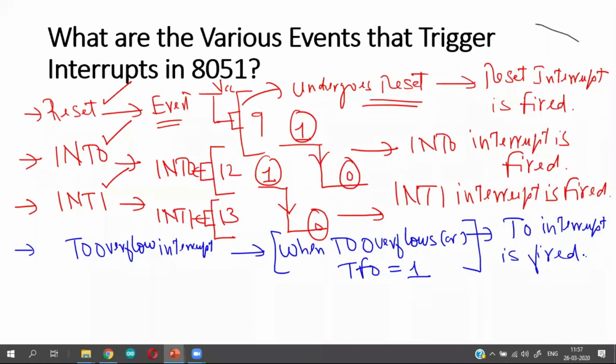Okay. There is a possibility of using timer overflow as a source of interrupt, but it doesn't mean that whenever timer overflows, it will trigger an interrupt. If you are willing to use it as an interrupt, you can. If you don't want to use it, you don't have to. That is how we have been using it so far.